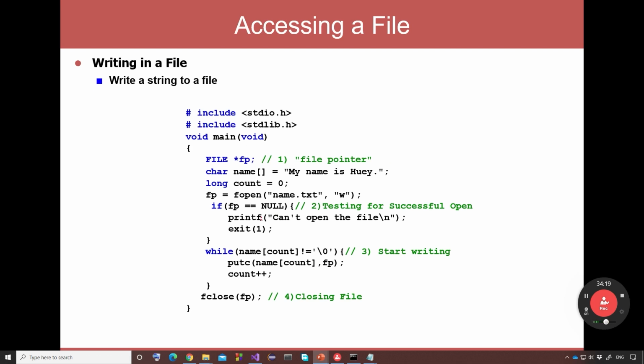So this one here is very important. Without this one, it will put this character to the screen. Then after that, go to the next character, put this next character, and go again until the last character in the string. The last character in the string will be the null character, which is this one. And then after that, this is step 3. This is where we write to the file. And the last stage,